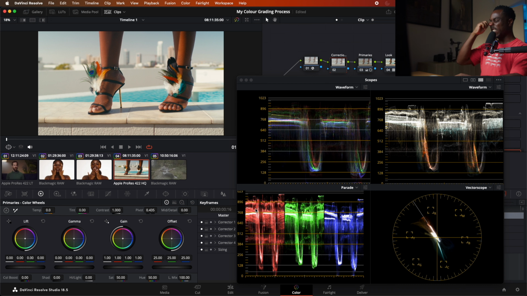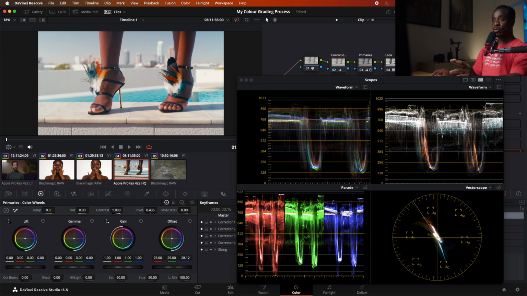But given that this is a fashion film and we want to really emphasize that this was shot in the sun, I don't mind those warmer tones coming through. So what I would do is I'll just tweak the blues just to cool it down just a little bit, but not too much, because if I was really to bring it to a neutral level, it would be something like here. So around here, but I might just pull it down just a touch, because I still want to keep that warm tone, but here it was just a little bit too warm,